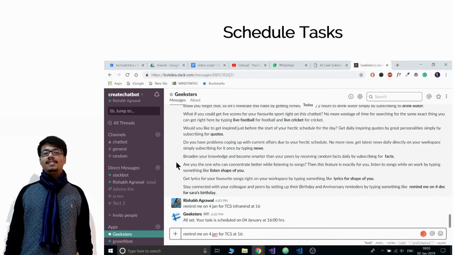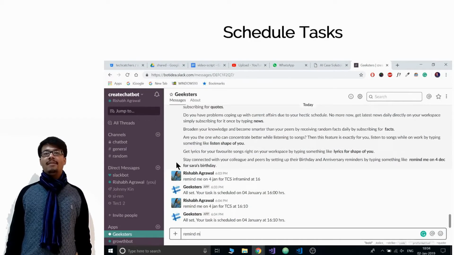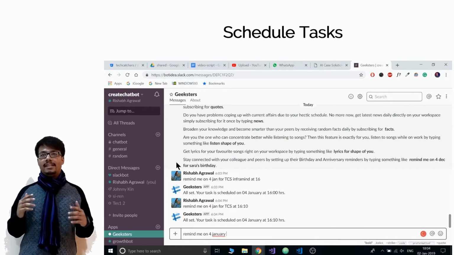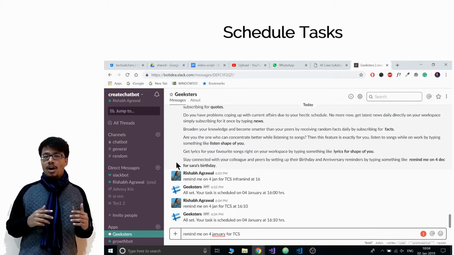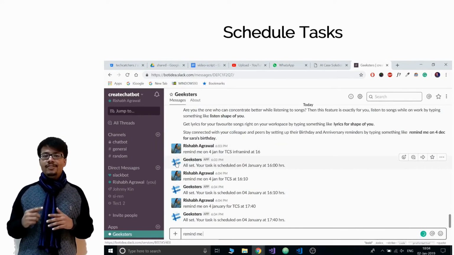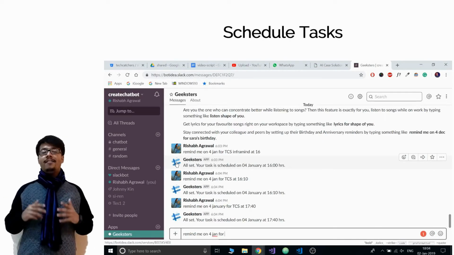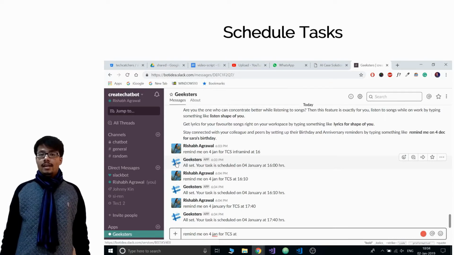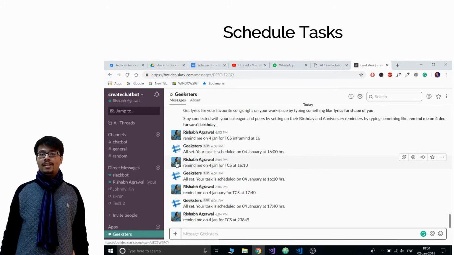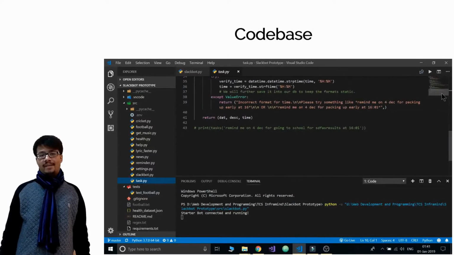When a user sends a message beginning with "remind me on" and ending with the user set time, then our program first checks the date and time entered by the user. And if the date or time is invalid, then our program returns an error letting the user know what went wrong while setting the task. If everything is passed correctly, then the task gets stored in the tasks table in our database and the user gets a confirmation message letting them know that the task is set with the formatted date and time.